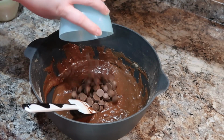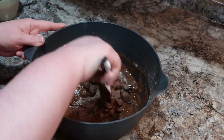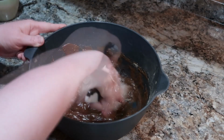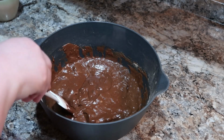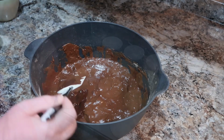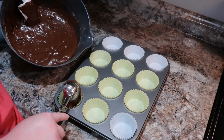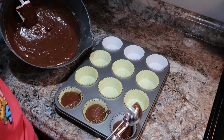So I'm adding in those mini peanut butter cups in there, and y'all, this made these muffins in my opinion. The mini peanut butter cups being in there were so good, and those mini peanut butter cups would be great in any kind of cupcakes, a cake, all kinds of stuff, and of course they're just yummy to snack on too. So we're just going to fill our cupcake liners with our muffin mixture, and like I said,